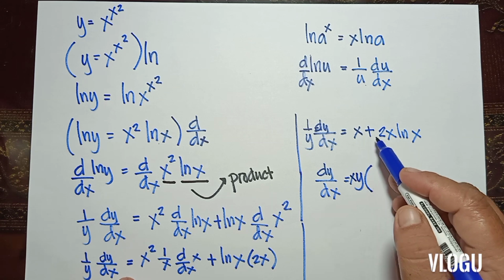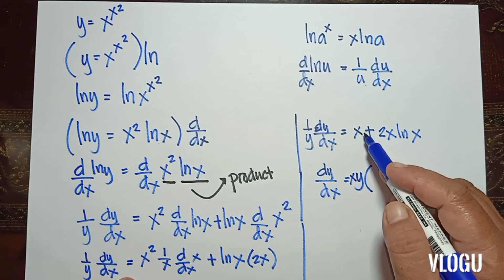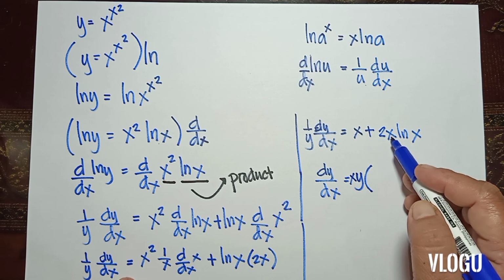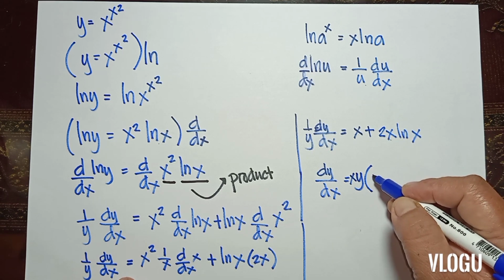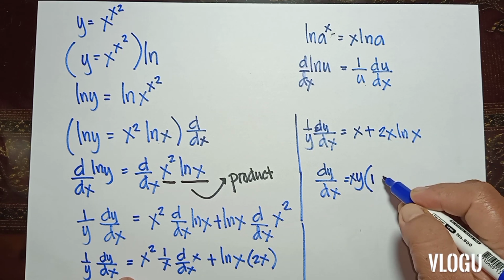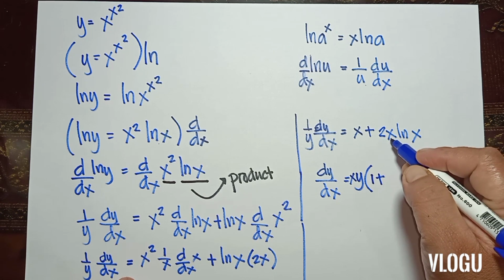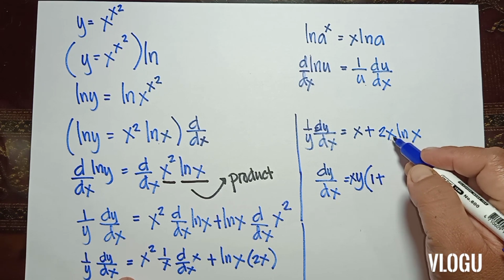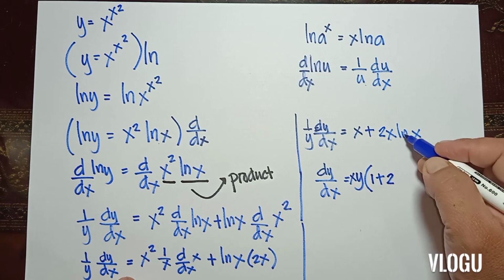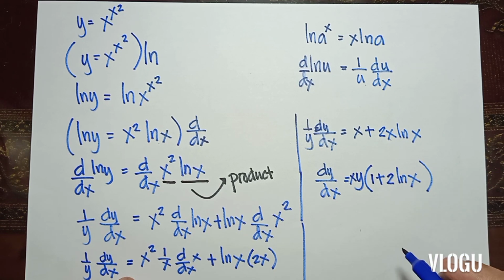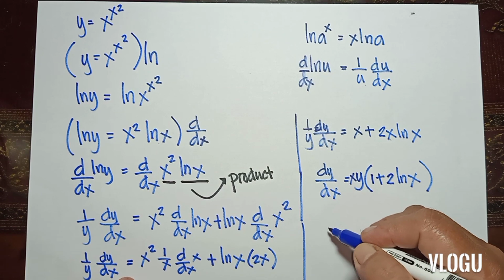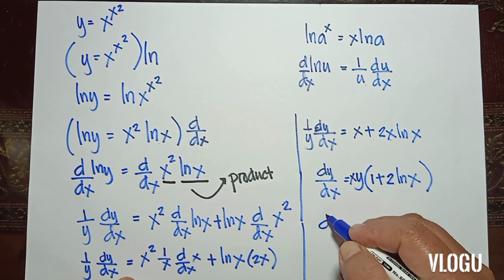Right? The common here is x. If we factor x, what will happen? Inside, we will have 1. If we factor x here, what is left? We have 2. Then, we will have ln of x. Okay. So, dy dx,